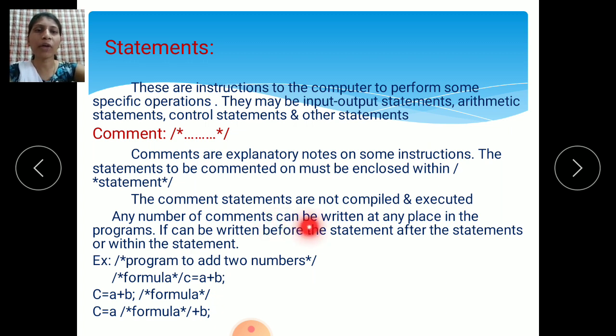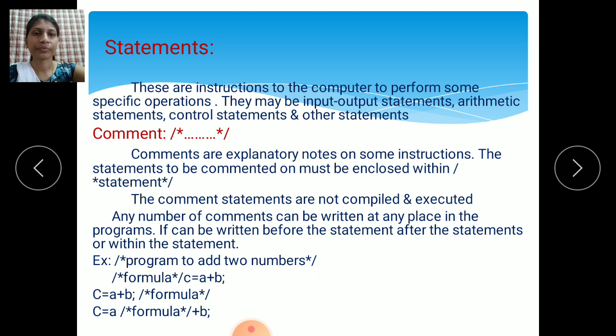Any number of comments can be written at any place in the program: before the statements, within the statements, or after the statements, because this is not an executable statement.